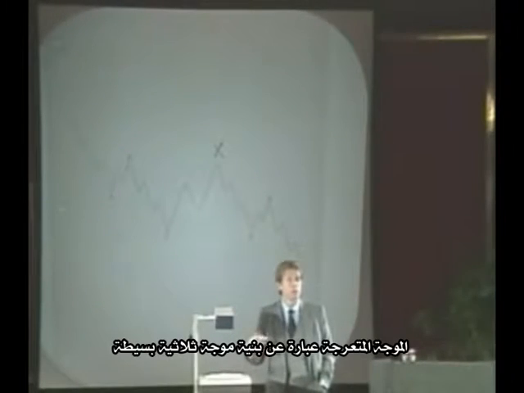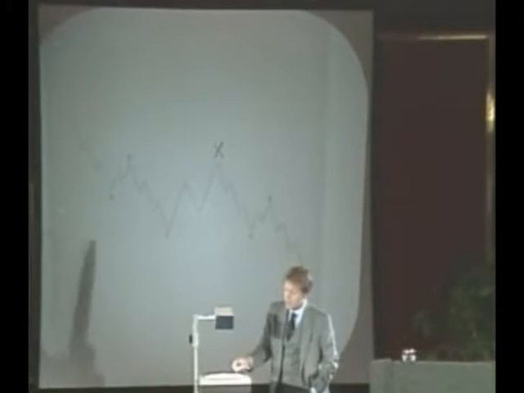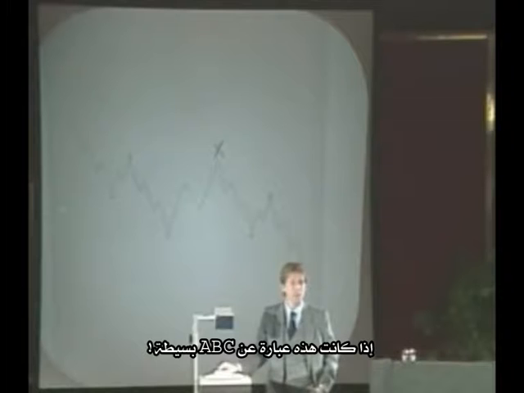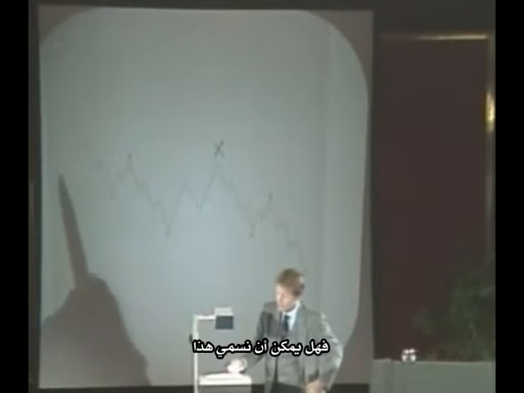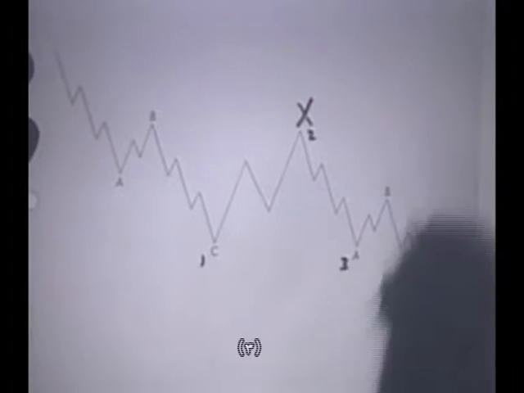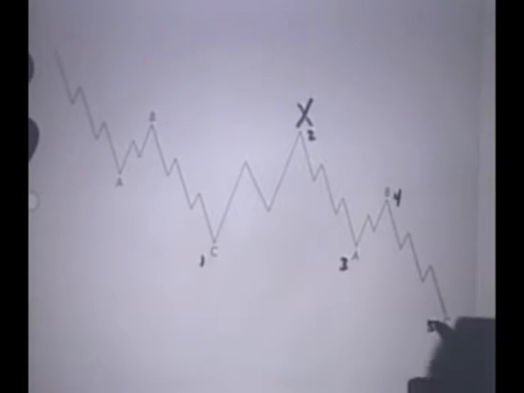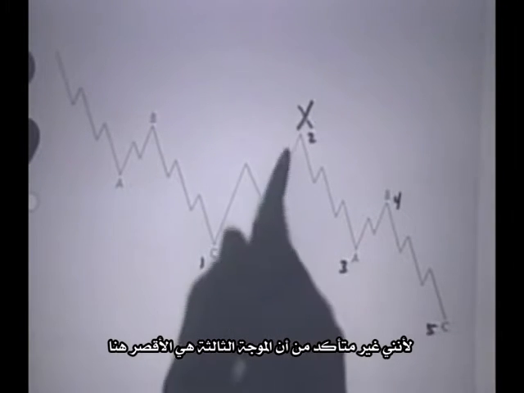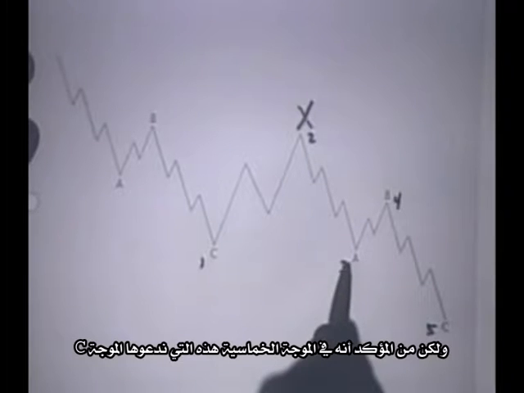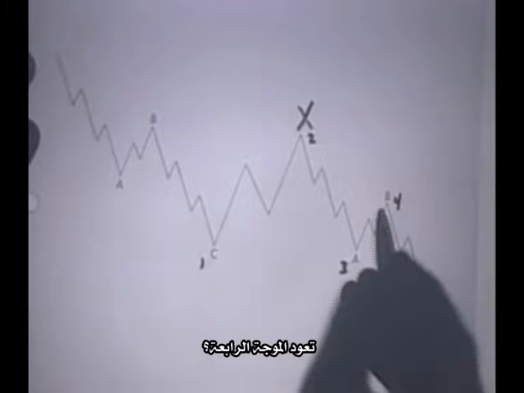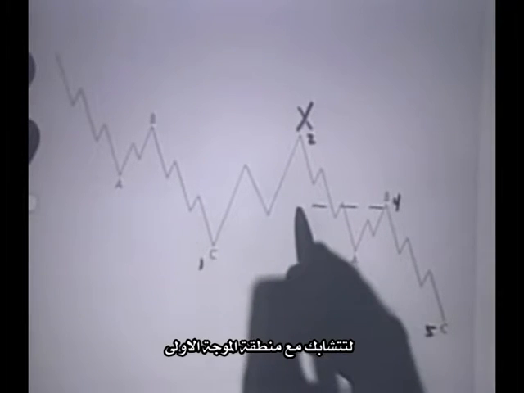Now a zigzag is a simple three-wave structure. Is there another way that this can be labeled? In other words, if this is a simple ABC, could we label it AB 1, 2, 3, 4, 5? And the answer, of course, is no, because I'm not sure if wave 3 is the shortest here, but certainly within this five-wave structure that you would want to call wave C, wave 4 comes back and overlaps the territory